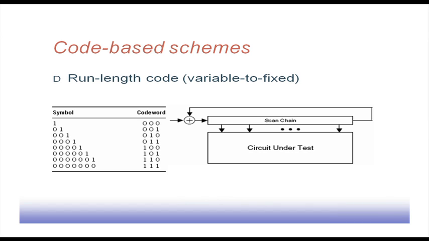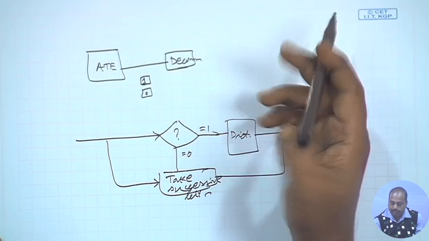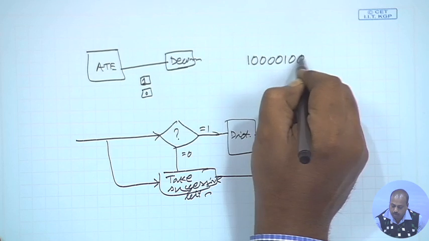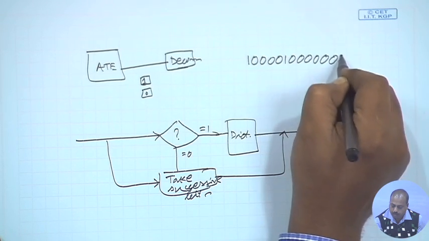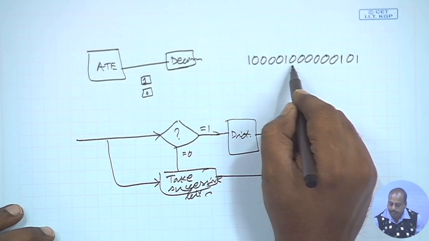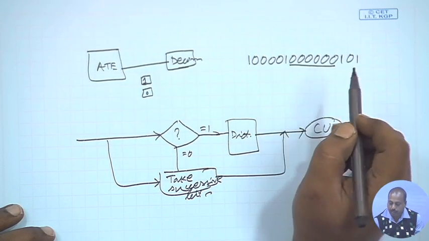Next, we look into another strategy which is known as run length coding. So, run length coding is like this. First of all, it sees what is the size of the runs of zeros. Like if you see a test pattern, say 1 0 0 0 1 0 0 0 0 1 0 like this. Now you see that at this part I am transmitting 5 zeros,